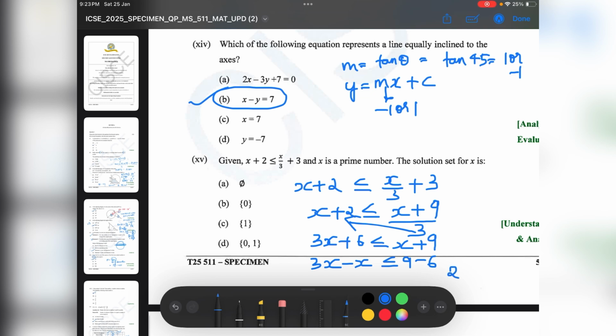So 2x is 3. So x is lesser than 3 upon 2. 3 upon 2 is 1.5. Okay. Now you should know that x is a prime number. You should know that 1 is not a prime number. So here the answer is